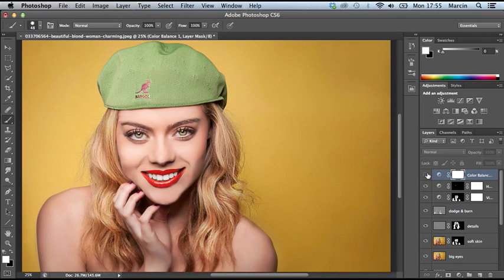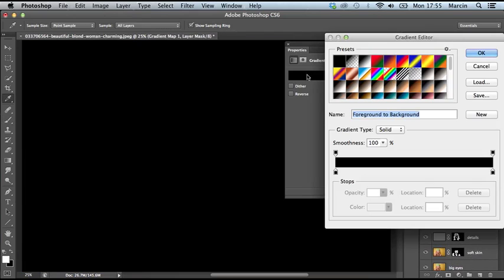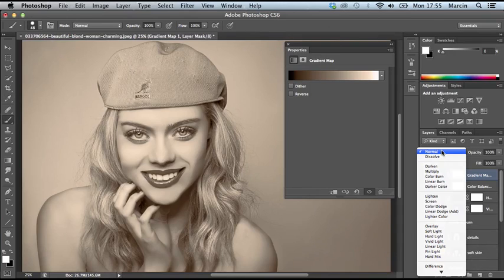We lost some of this warm color from the hair. Of course, we could increase our hair, but it wouldn't be so natural maybe. But it's okay. And at the end, of course, we could use a gradient map if you fancy it, with some kind of